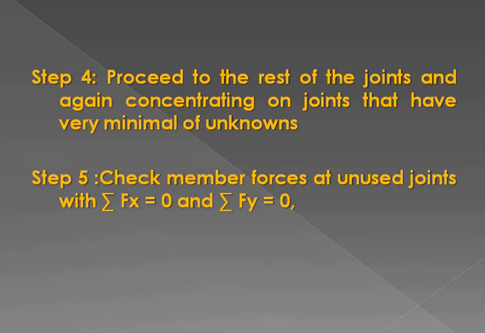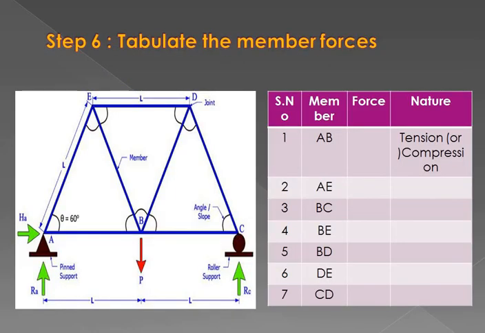Coming to step 4, follow the same procedure as in step 3 by carefully observing the minimum number of unknown forces at the joints and solve the forces in the members. Coming to step 5, we check member forces at unused joints with sigma Fx equals 0 and sigma Fy equals 0. Coming to step 6, all the member forces with the magnitude and the nature, that is tension